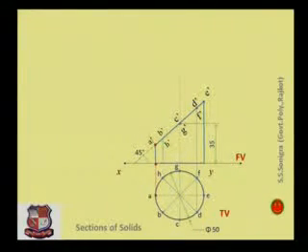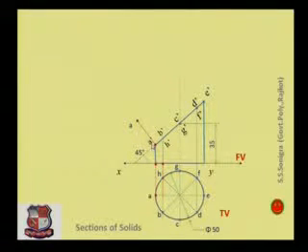Now to draw its true shape, a similar procedure is to be adopted. In the previous case we had drawn one reference line, that is the x dash y dash line. Here it's not needed to draw that reference line always. Here you can eliminate this line also. In the previous case also you can eliminate this. Here we will proceed directly from this point A dash.